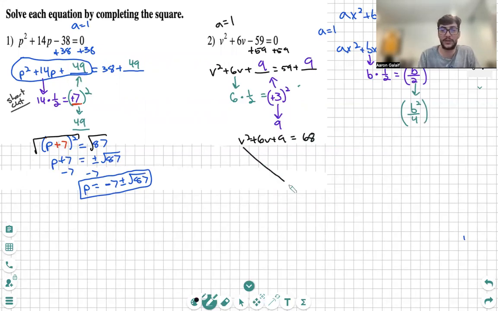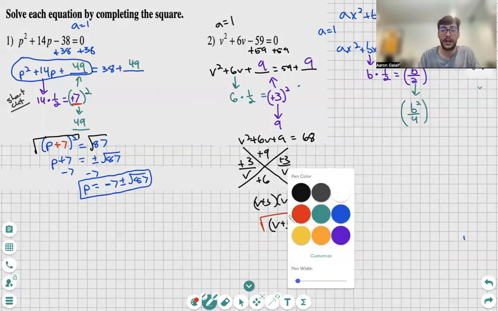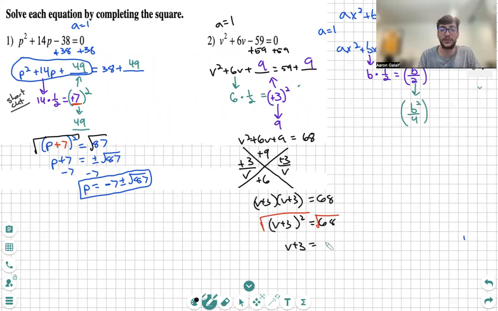And then all I would do is X method this. We'd have our plus 9, our plus 6 over V over V. We see it's like this. We see V plus 3 equals 68. V plus 3 twice is V plus 3 squared is equal to 68. And as you can see, we're right back where we were. All I need to do is square root both sides. And we're going to get V plus 3 is equal to plus minus the square root of 68,